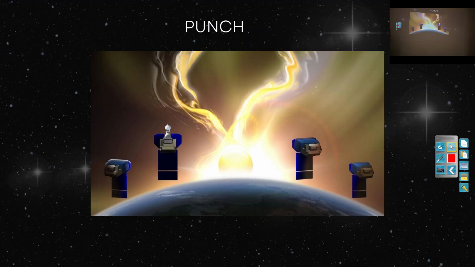So, this PUNCH mission is also by NASA only. So, this is placed in the low Earth orbit. It is placed in the low Earth orbit and it was launched in 2025. It is comprised of 4 smaller satellites that are placed in a low Earth orbit, which will study the sun's corona basically.